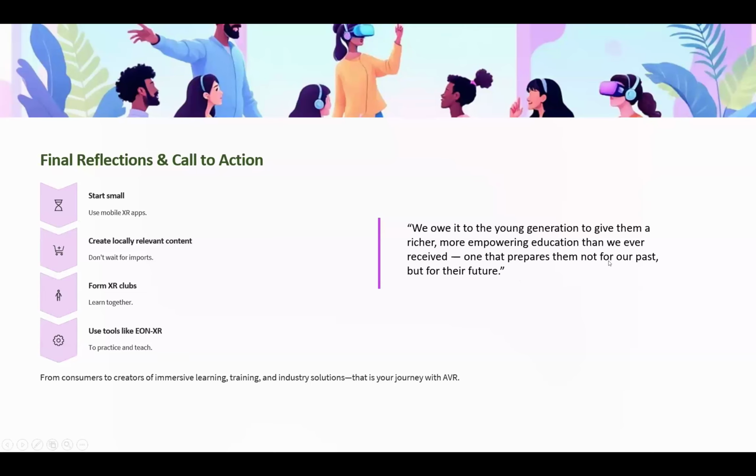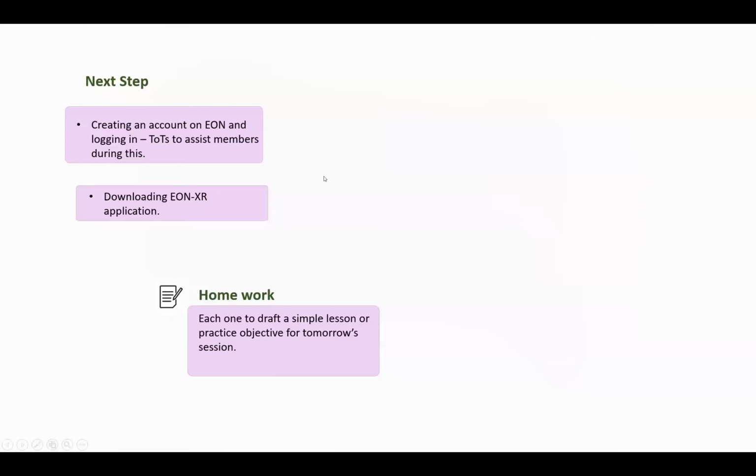One that prepares them not for our past, but for their future. Our past may have had limitations, but let's prepare them for their future, okay? I hope that makes sense to you like it did to me. So the next step, thank you so much for listening to me,